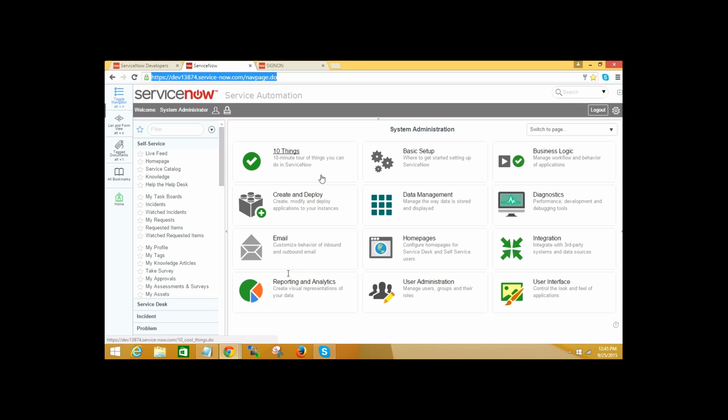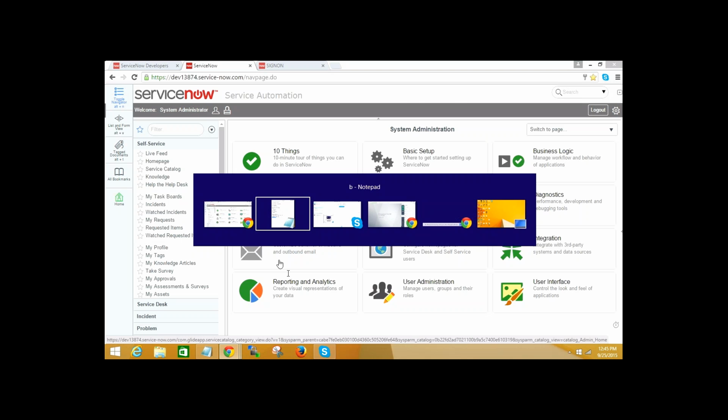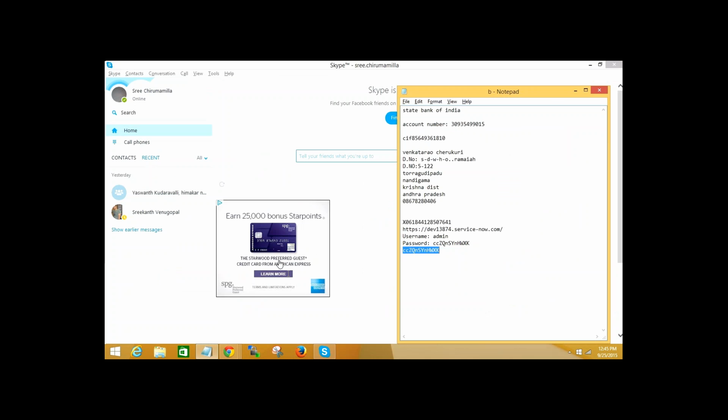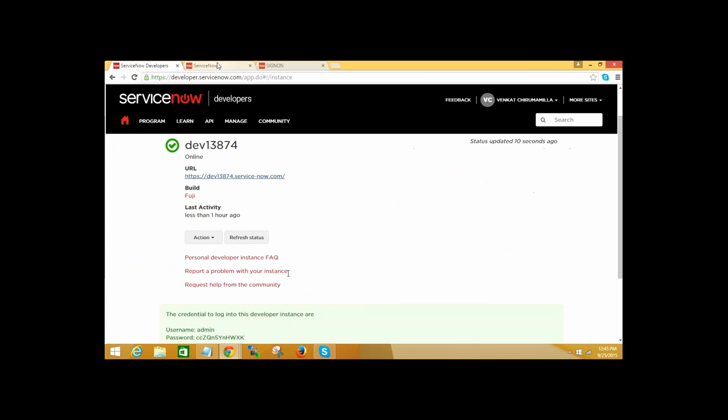Is everyone clear with the versions and architecture of ServiceNow before I proceed to the features of ServiceNow? Maybe you can note it down.